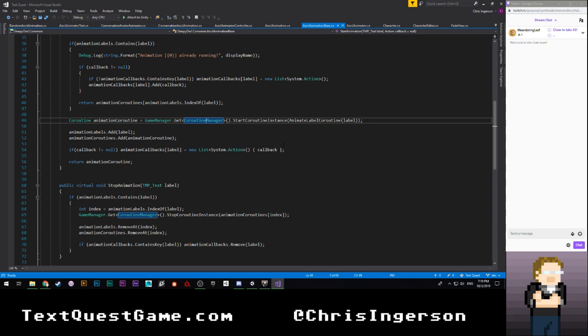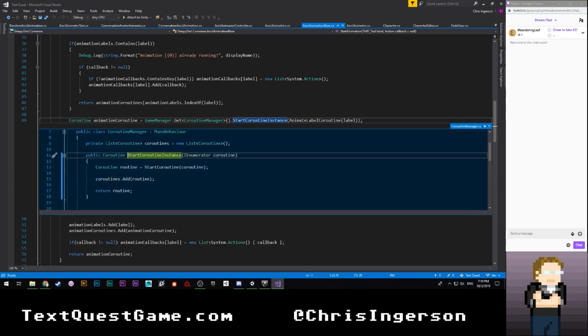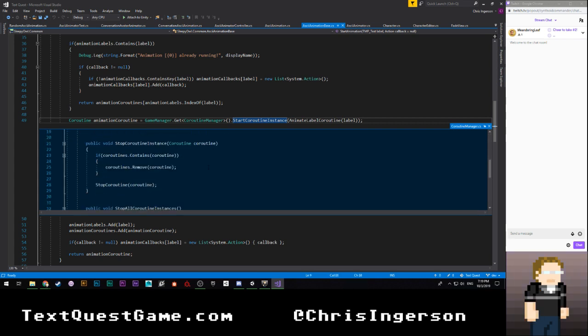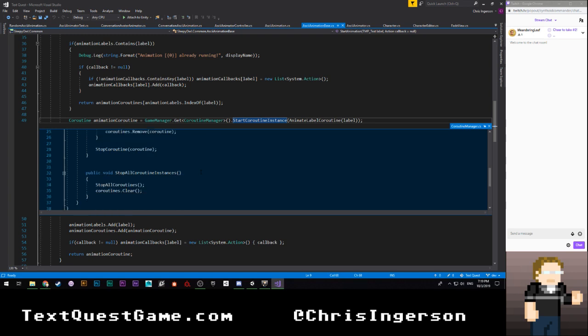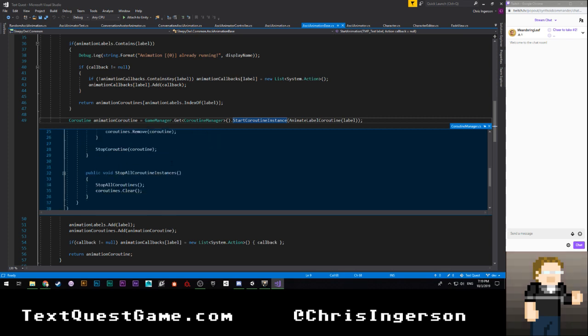What it's doing basically is when we start a coroutine, it puts that coroutine into a list and then keeps track of that. Now the problem is that I don't really remove this coroutine when we're done, which is a little awkward.